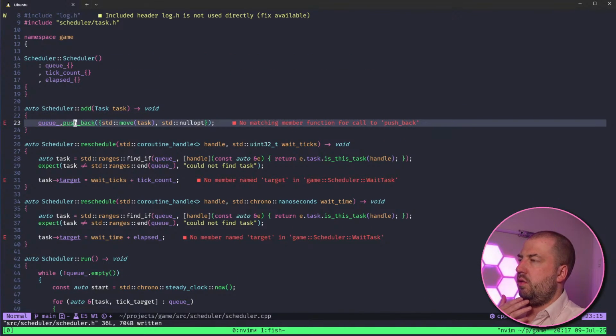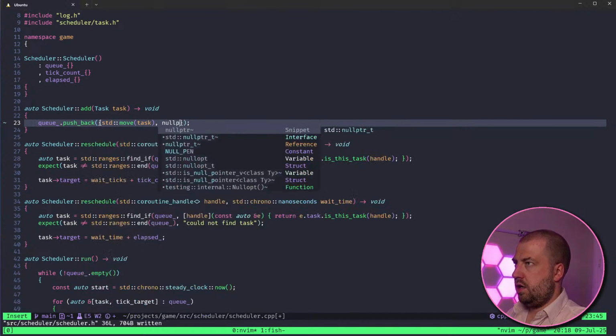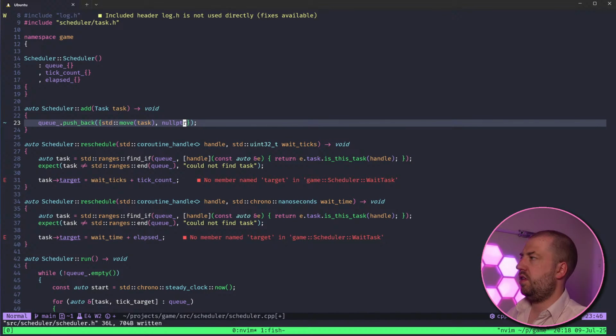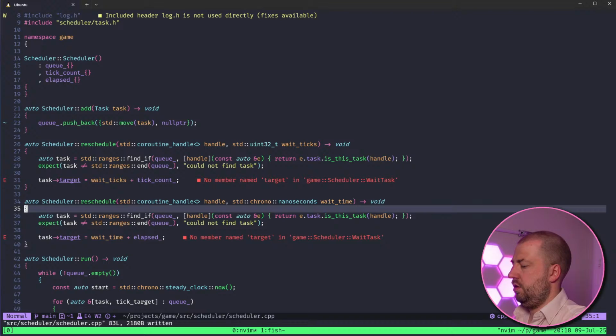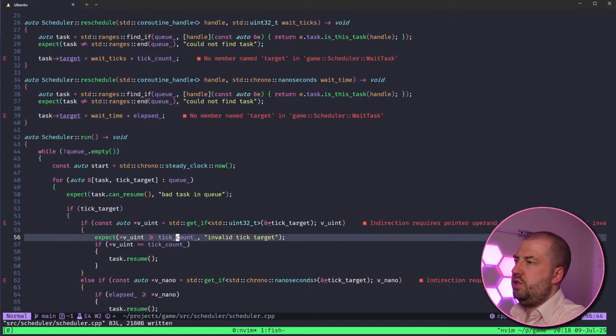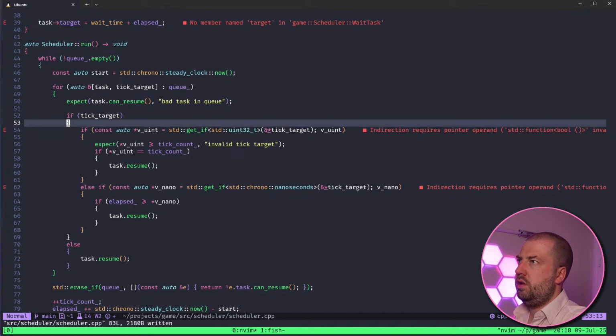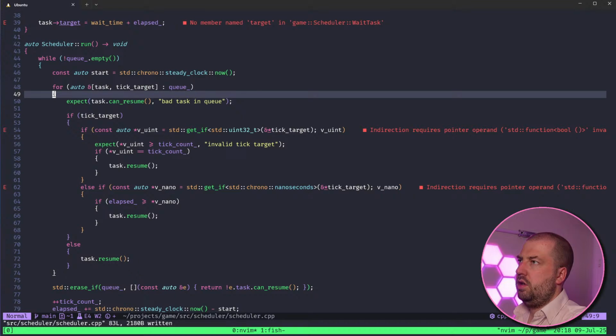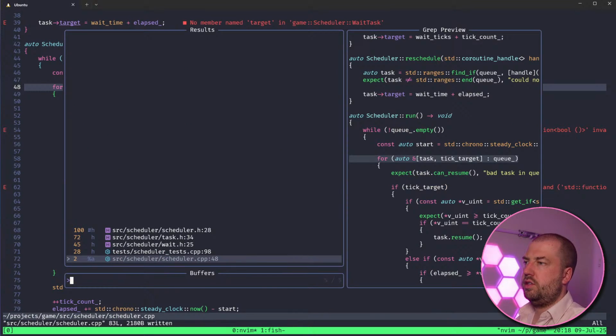Okay, so we should be able to just put in, we can queue something up with an empty function. And then we just do, it's not target anymore, is it?